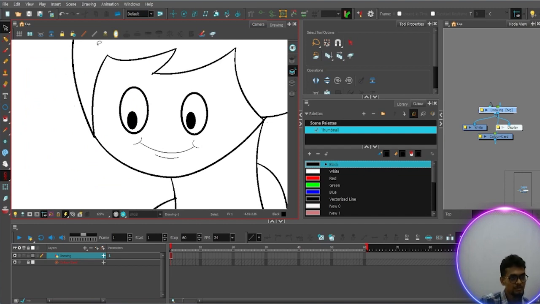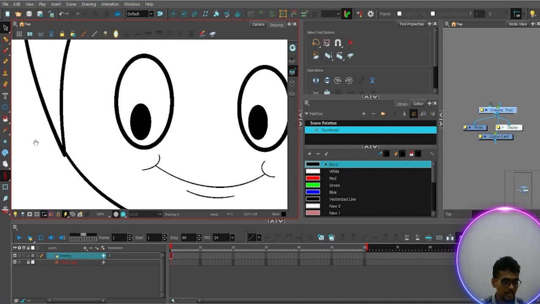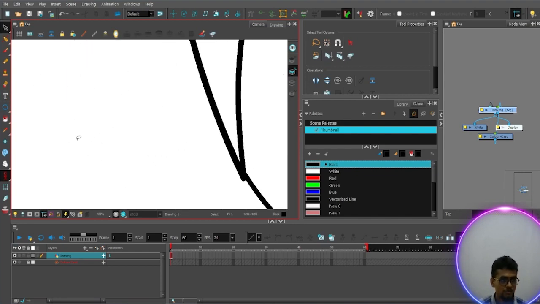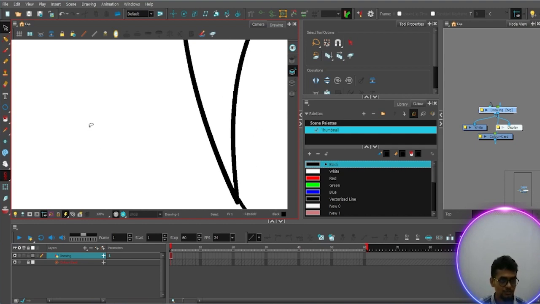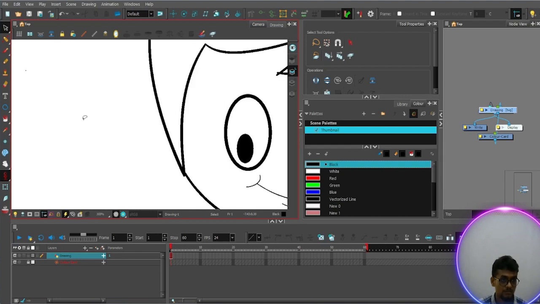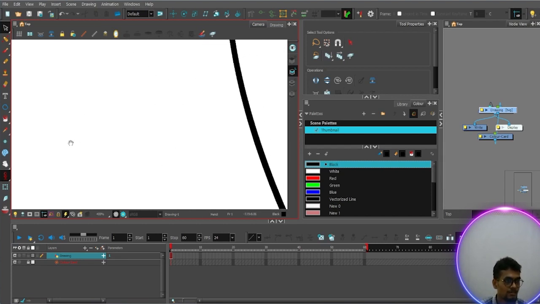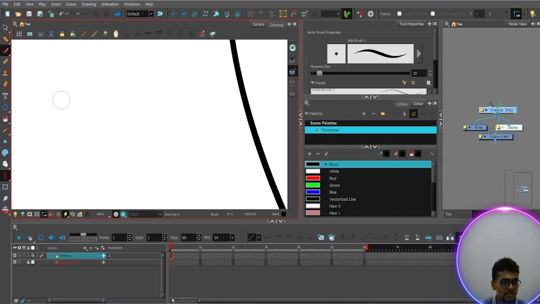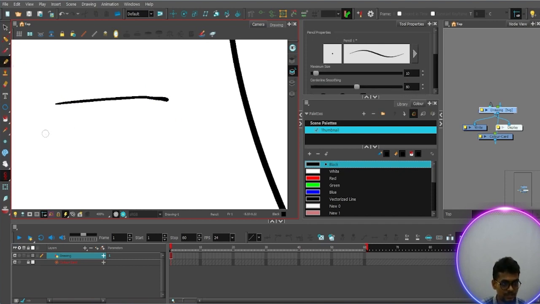So what's the difference between pencil and brush tool? Yes, it has a big difference. Press 2 to zoom out, and press 1 to zoom in. So press 1 is zoom in, and press 2 is zoom out. Okay. So this is a brush tool, and this is a pencil tool. So here there is a difference, like